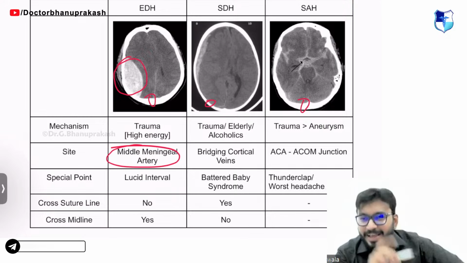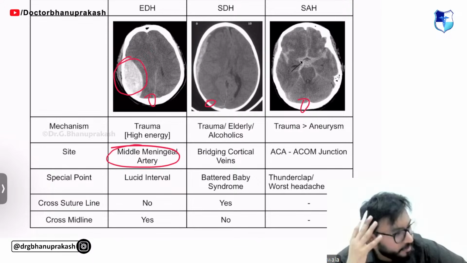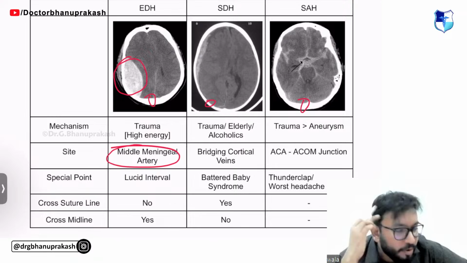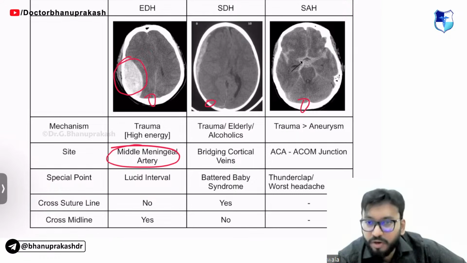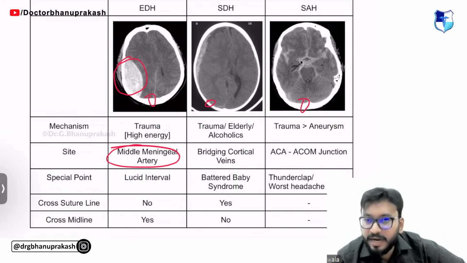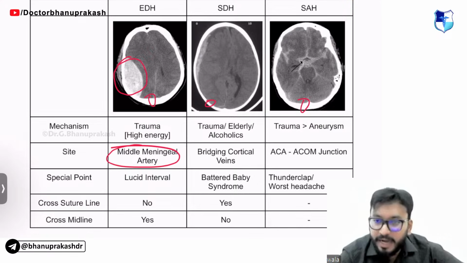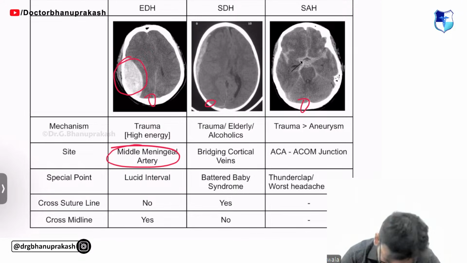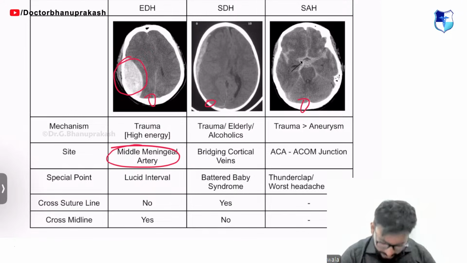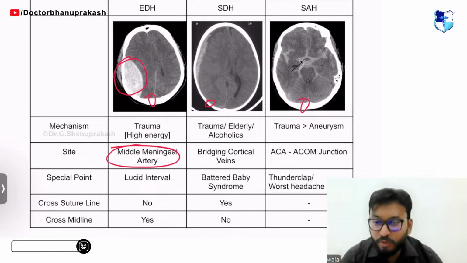Middle meningeal artery. Guys, remember one important connection to anatomy. In anatomy, they show you a photo of the lateral aspect of the skull. They mark a point. The point is pterion. They ask you, what is the artery that lies beneath the pterion? This artery is the most common site for extradural hematoma. The answer has to be middle meningeal artery. In one year, they asked which branch of middle meningeal artery. The answer has to be anterior branch of middle meningeal artery. Okay, pterion, MMA. So we discussed so many MCQs, guys.